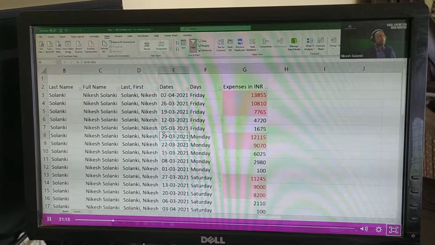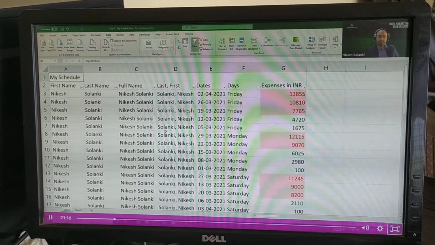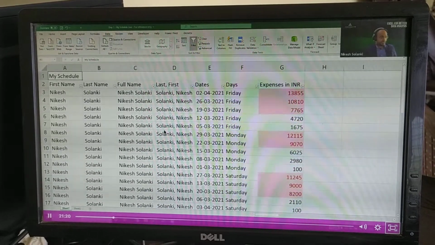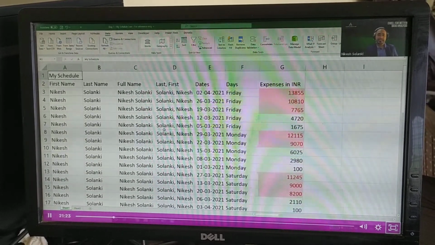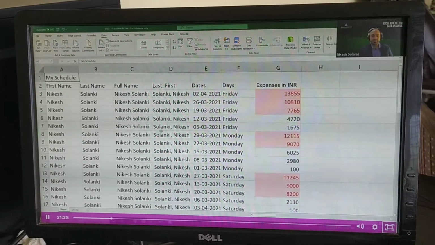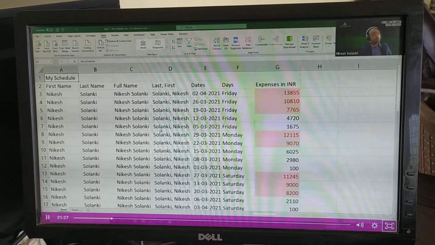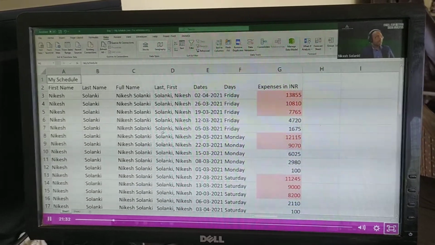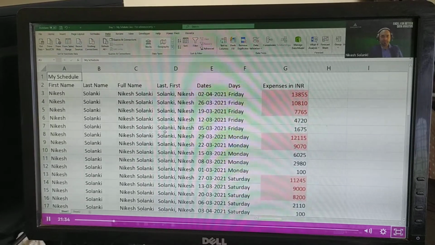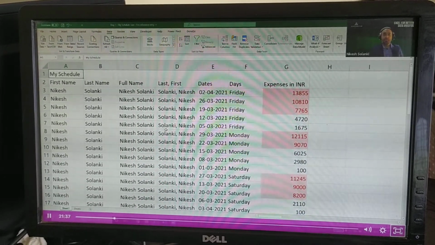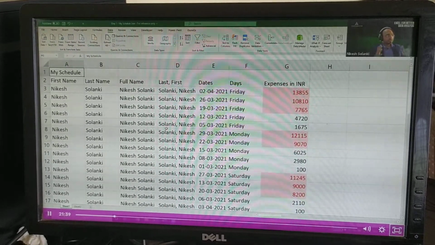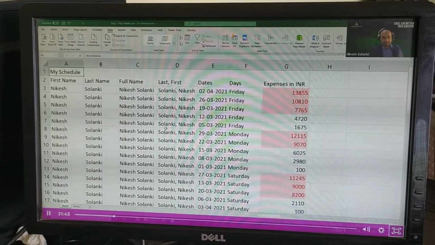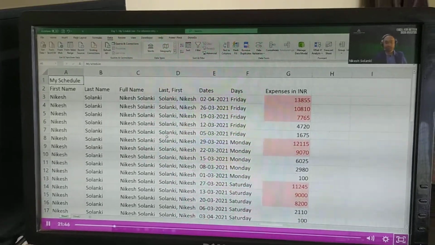Yesterday I told you to create this whole schedule and make it beautiful, so that it can be printed on an A4 size. I gave you some activities and assignments, and eventually a big homework of a tax invoice. We're going to touch that, but to start off, I want to make this more presentable, if I want to show it to anyone. It's very simple. I'm going to show you certain features that will probably help you.